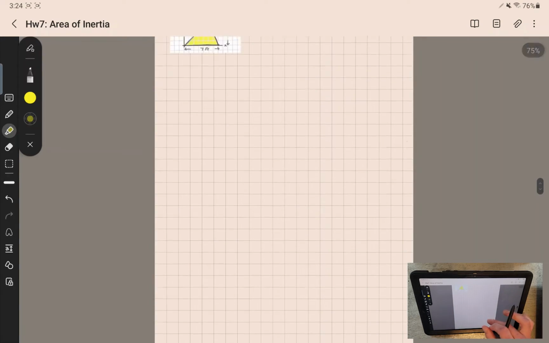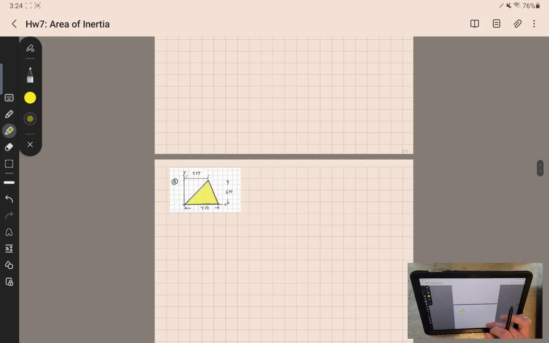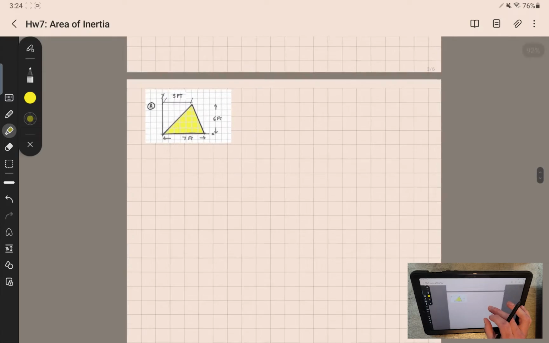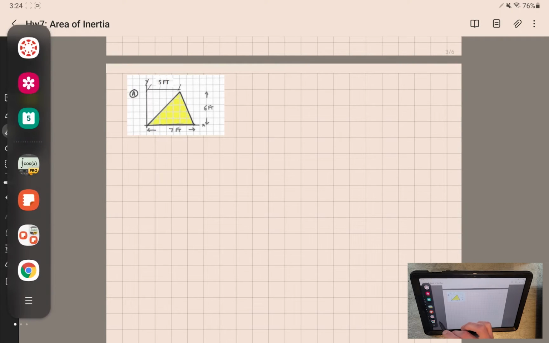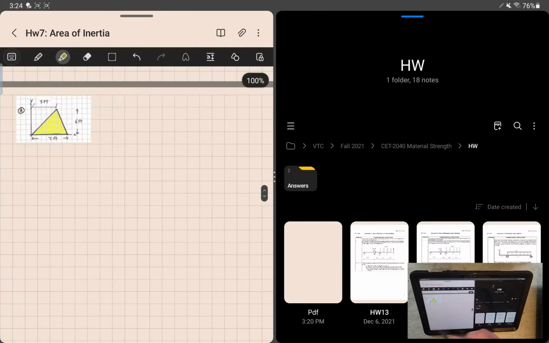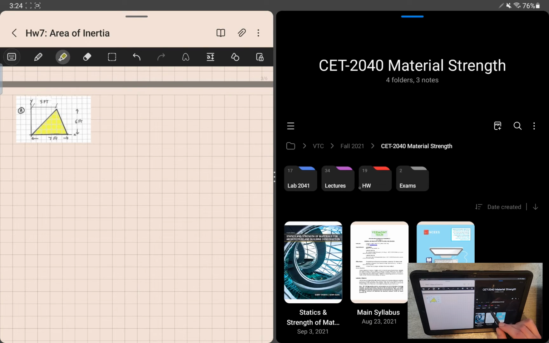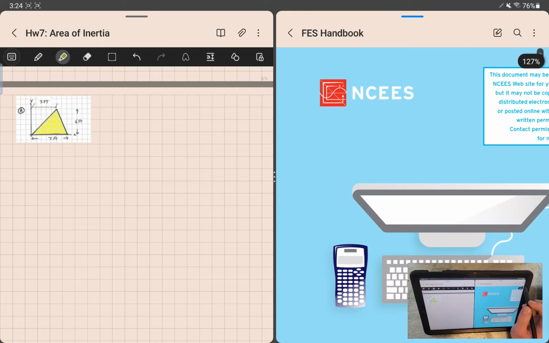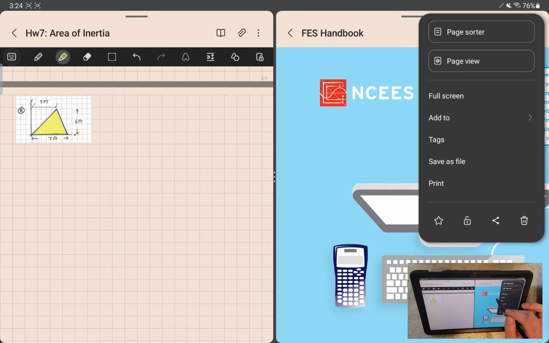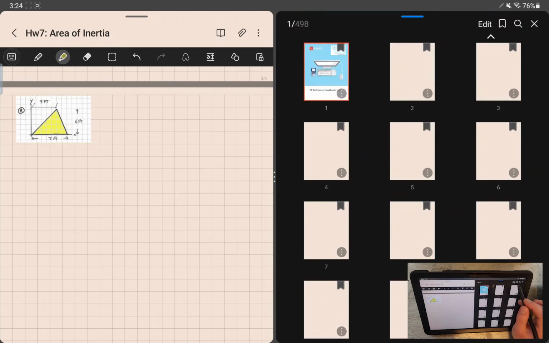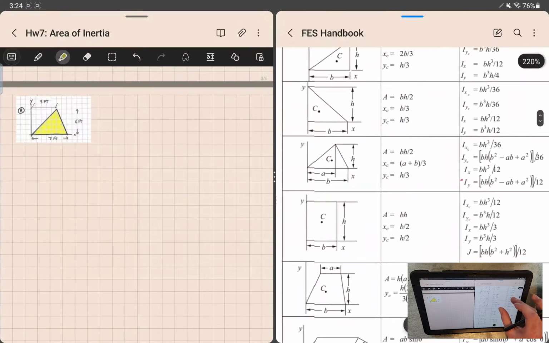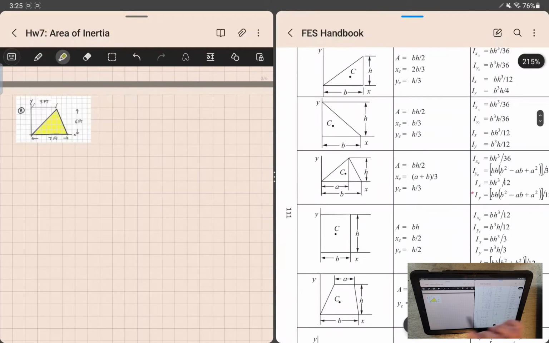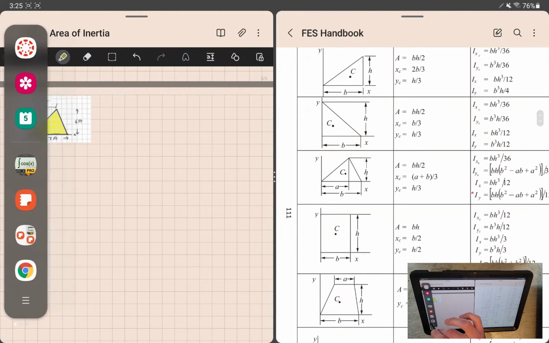So normally we'd go grab a book and copy everything down by hand. But in this case, we're going to use my second favorite feature, where I can just pull up another notes app just like that. We're going to find our FE handbook, I'm going to open up our bookmarks. Into page sorter, bookmarks, and this is the page that we need right here. It has all of the formulas you can want that I'll be using here, and I'll be doing the exact same thing with pin to screen,